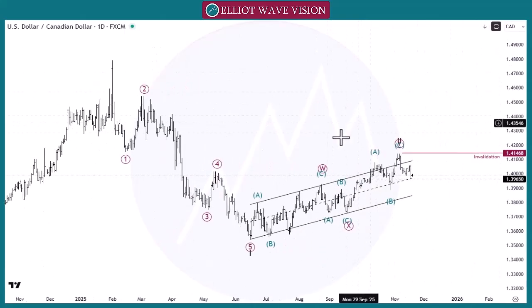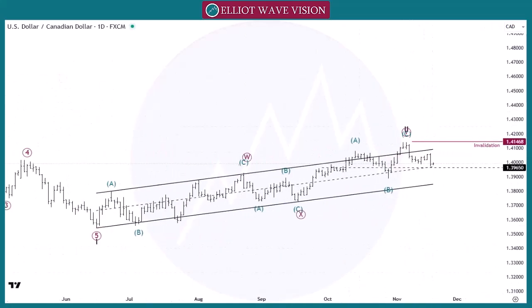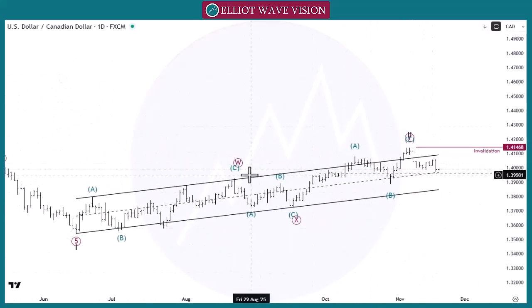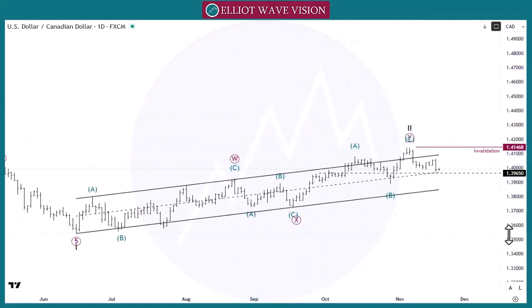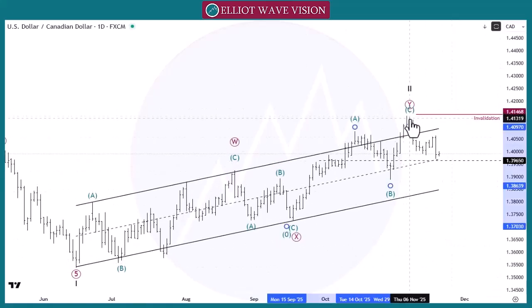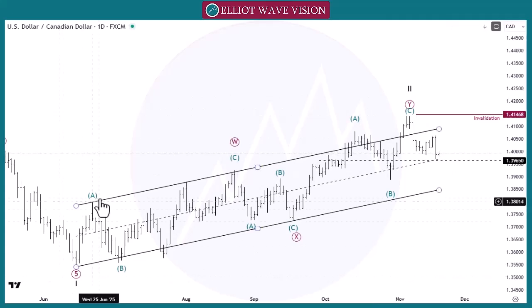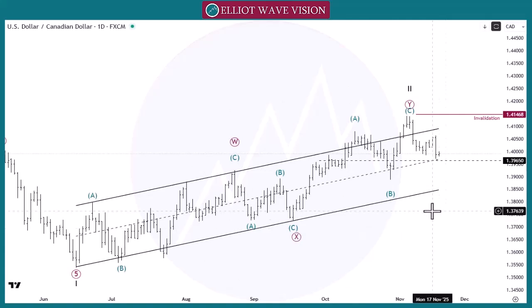So this move from wave 1 to wave 2, this pattern we count like W, X and Y. Okay, A, B, C, W, X, A, B and C. Now the main thing is this 1.4, the round number,